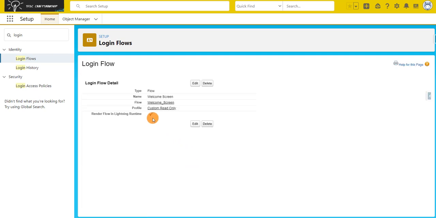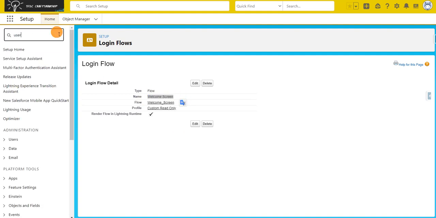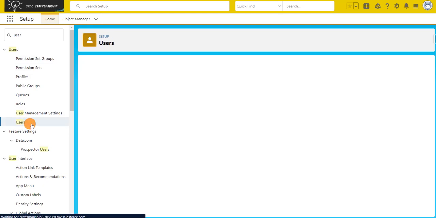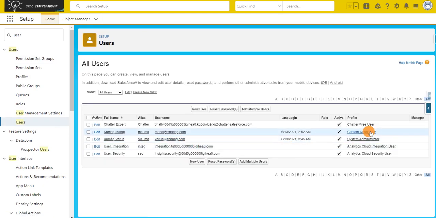Now whenever a user with this profile is logging into my Salesforce, he should be able to see this welcome screen. As of now, if I go back to the users in this org, I have two users. One is the system admin user, and I also have a user with the Custom Read-Only profile. So now I'm going to log in with this user.